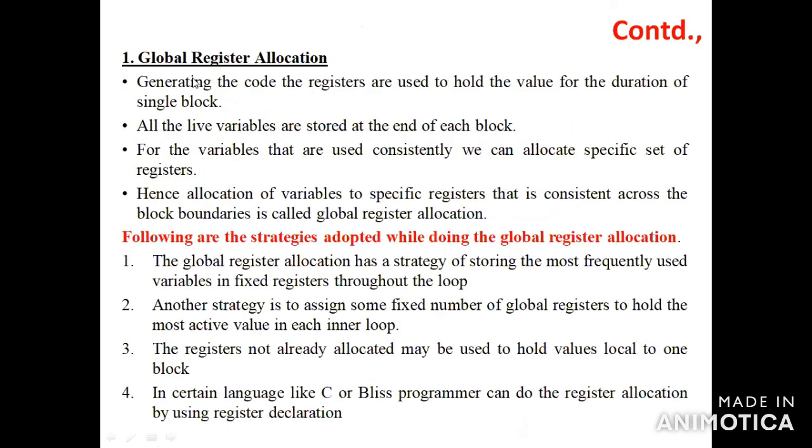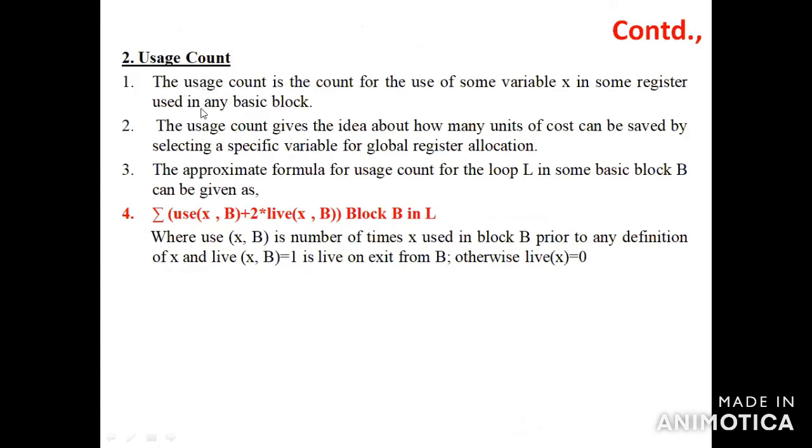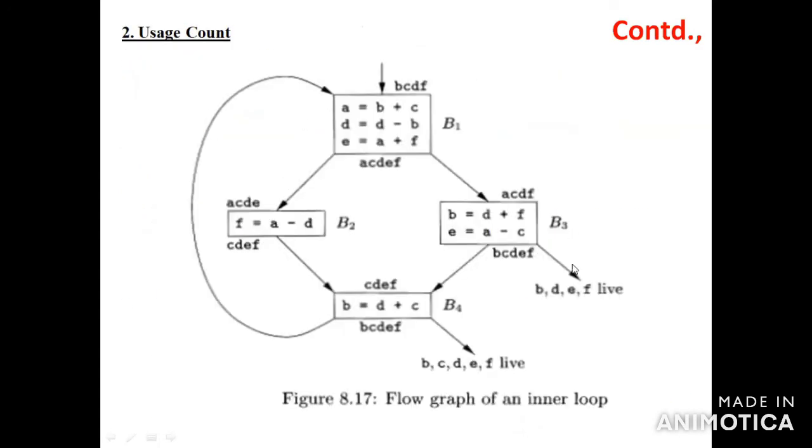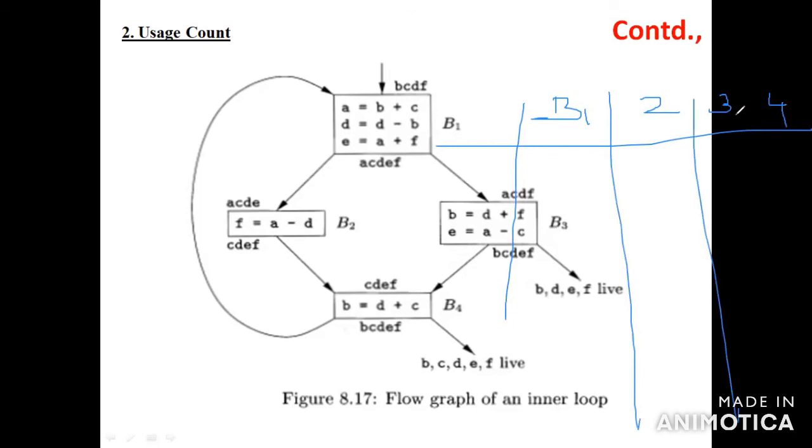Usage count is a type of 6-mark question. You have to draw one basic block diagram and solve the problem for each basic block. You write one tabular column, with basic block 1, basic block 2, basic block 3, and basic block 4. How many variables are there in the given basic blocks? We have A,